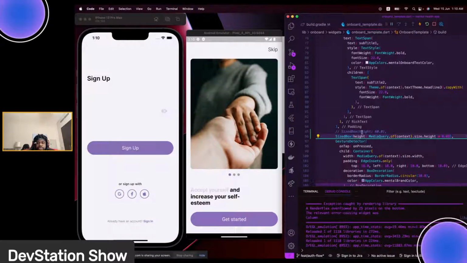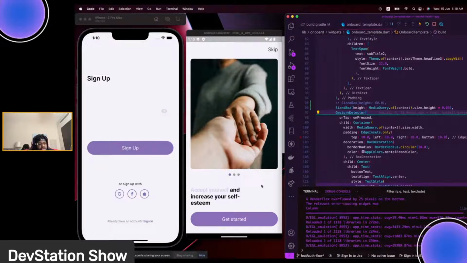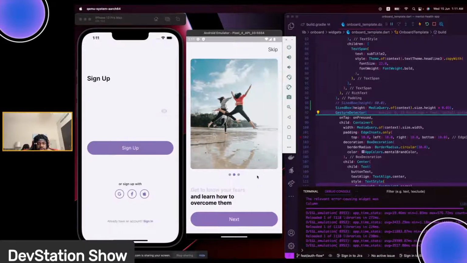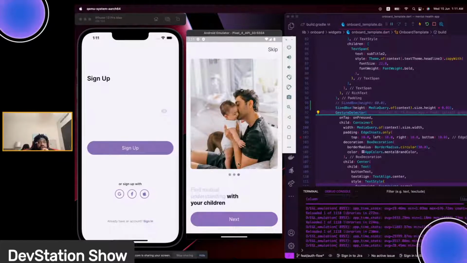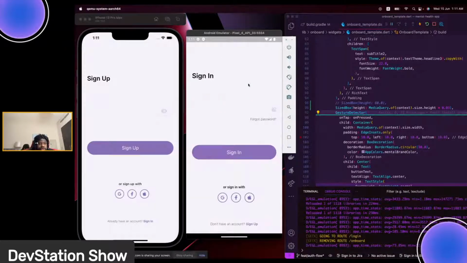So right now, if we run this on iOS, it will calculate this space based on the current device height multiplied by this, to give us the space we want and to adjust that based on the different screens we are using. So that's for here. We already saved that, and the issue is solved. You can just keep on scrolling through the app, and we are right here. You can just go to skip, and here is